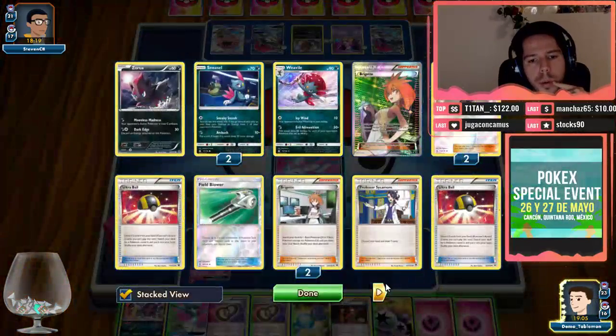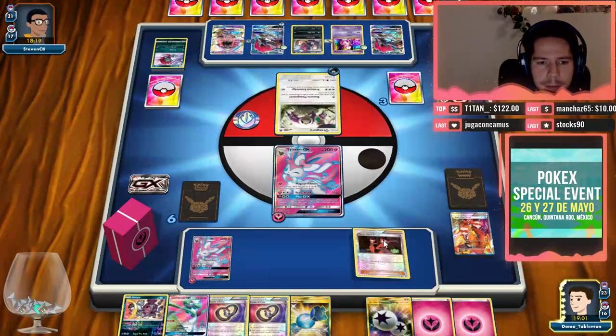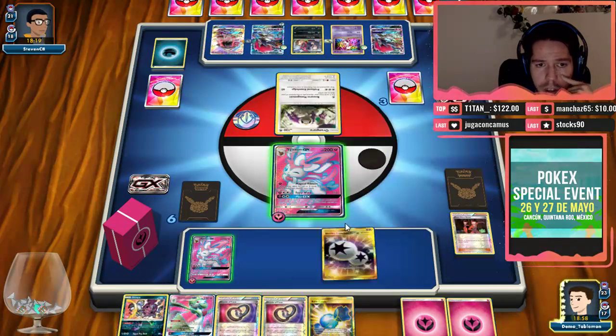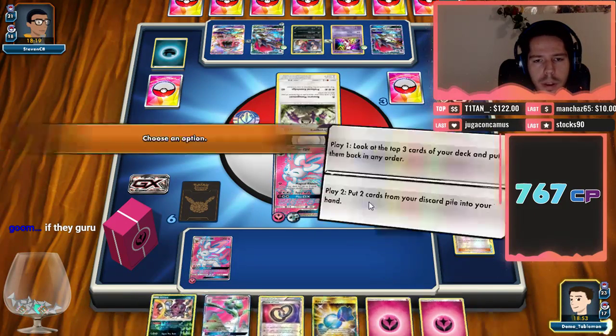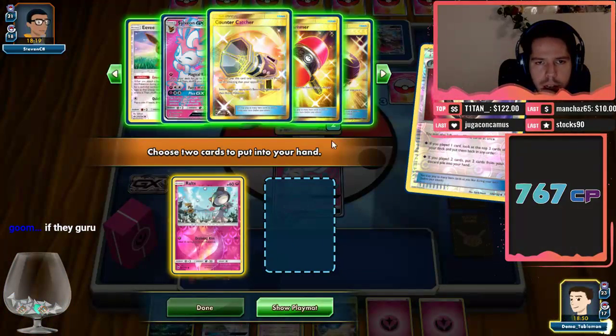Why would you not put back the puzzle piece? That makes no sense. But okay, so this is what we'll do. We'll get rid of the energy. We'll actually attack Guru here. And we're gonna double puzzle for the Ralts now, because if he tries to do that again...